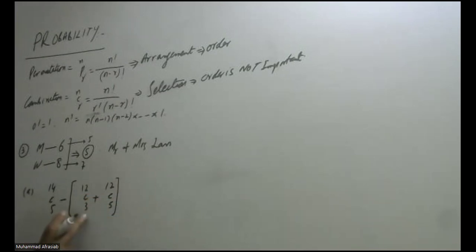So if you get this total from 14C5, you will be getting a committee of the 5 members club in which both Mr. Lane and Mrs. Lane will not be a part of that. That means either one of that will be a part, either Mrs. Lane or Mr. Lane will be a part, but both will not be a part of that team there. So this will be, according to the calculation, it is equal to